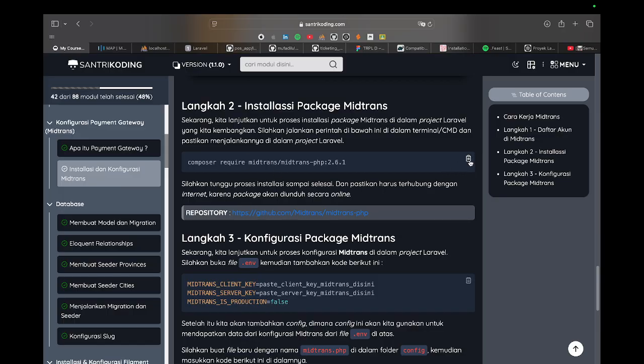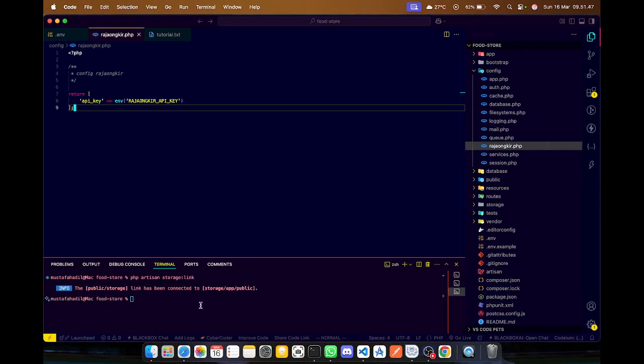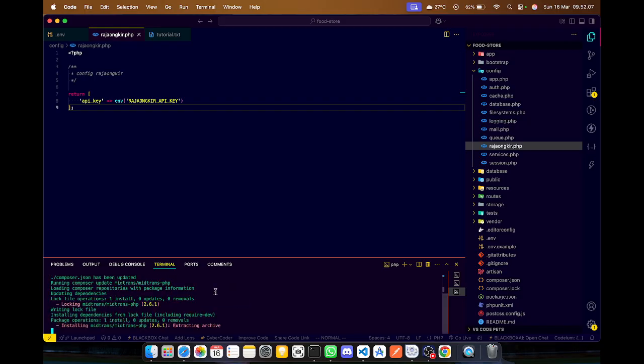But in this web store, we just use Midtrans version 2.6.1 like this. Make sure you're in your project, and download it in your project terminal like this.